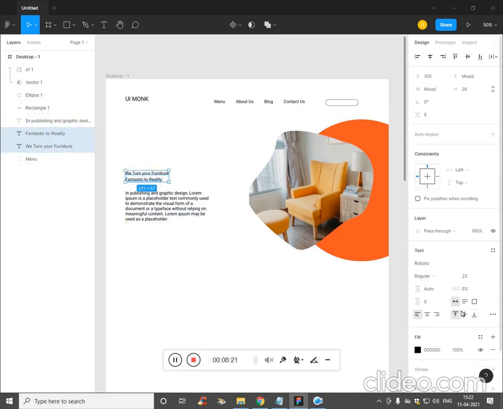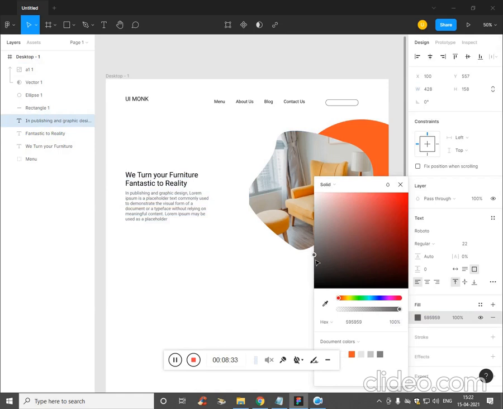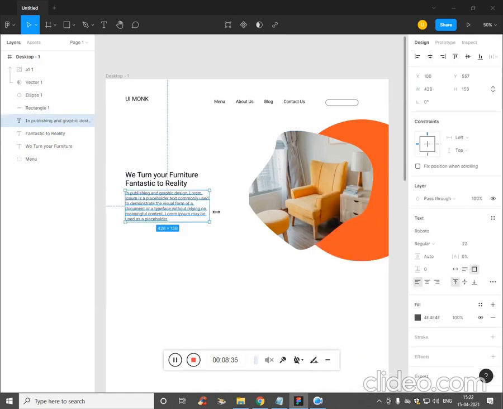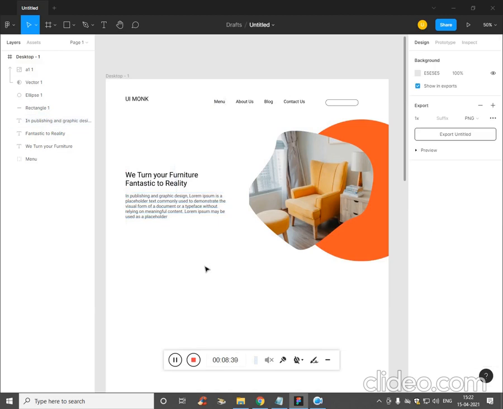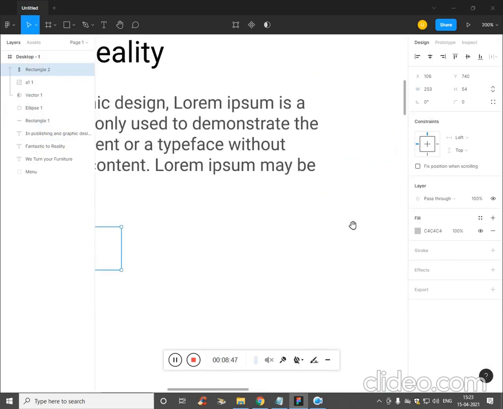Now we'll select these two and add the font to it. And we'll make this slightly taller, and make the width a bit larger. Now we need a rectangle. Click on the rectangle, just drag it, zoom in a bit.